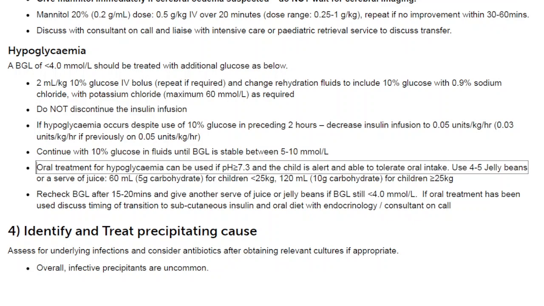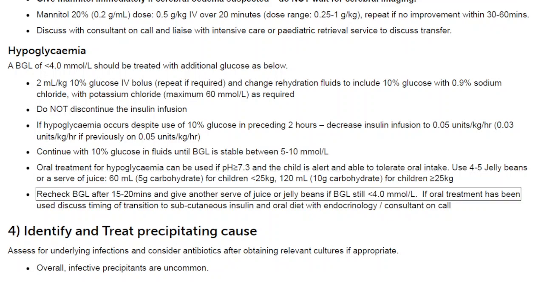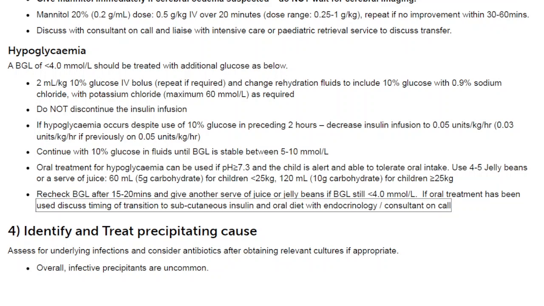Oral treatment for hypoglycemia can be used if pH is greater than or equal to 7.3 and the child is alert and able to tolerate oral intake. Use 4 to 5 jelly beans, or a serve of juice, 60 ml, 5 g carbohydrate, for children less than 25 kg, 120 ml, 10 g carbohydrate, for children greater than or equal to 25 kg. Recheck BGL after 15 to 20 minutes and give another serve of juice or jelly beans if BGL still less than 4.0 mmol/L. If oral treatment has been used, discuss timing of transition to subcutaneous insulin and oral diet with